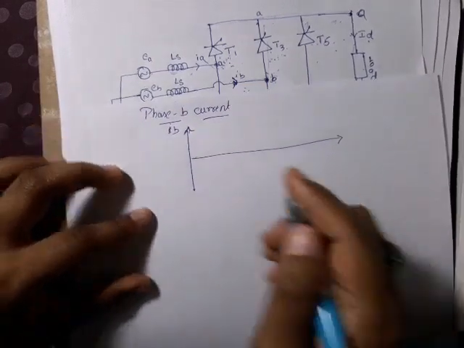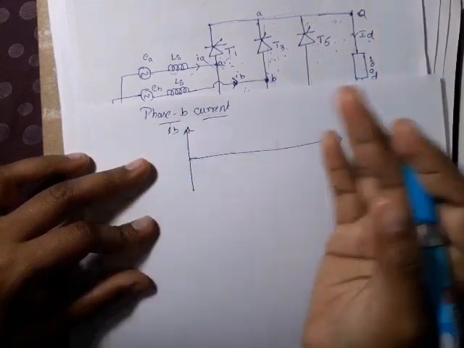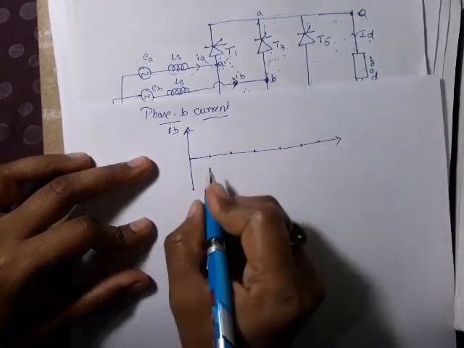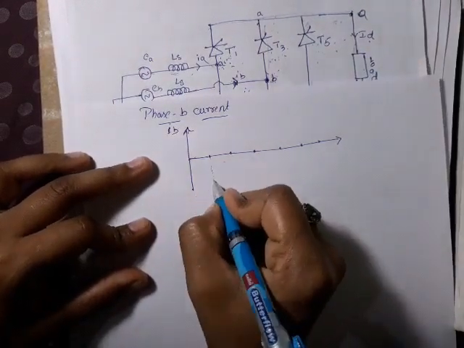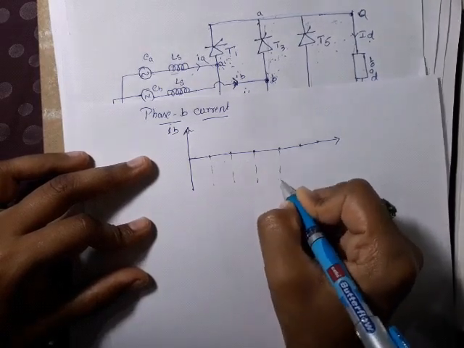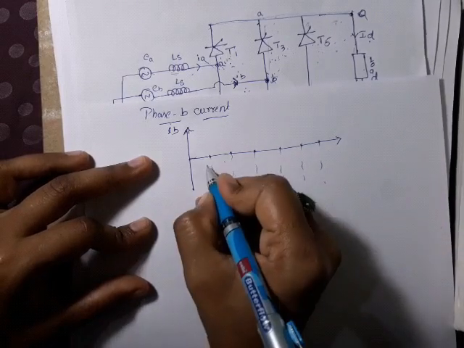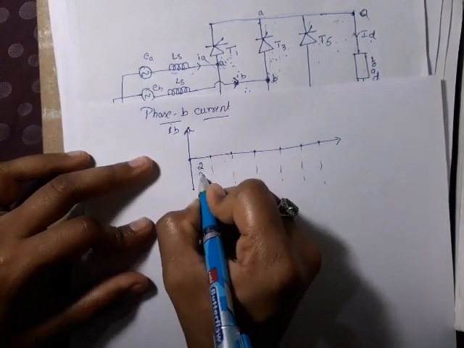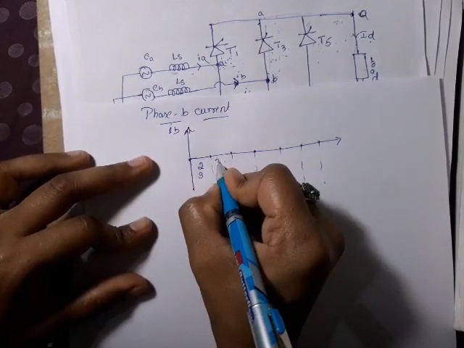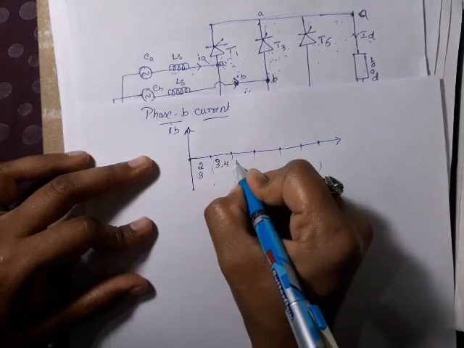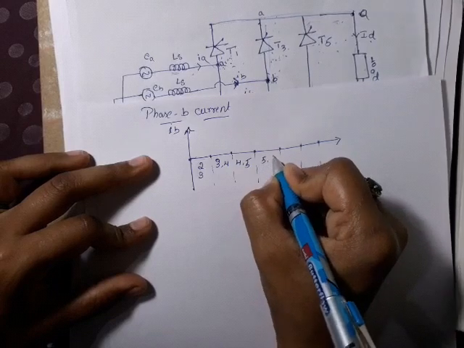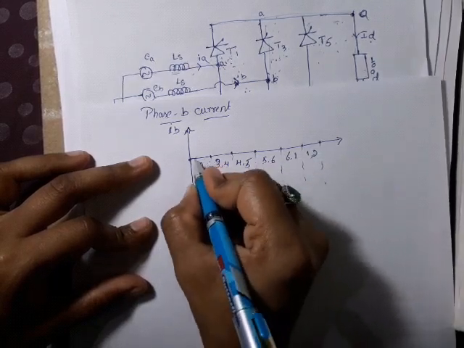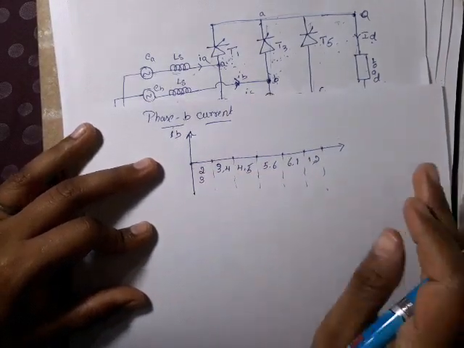If you look at the circuit, this is phase B current IB, and I'll divide it into 6 equal parts of 60 degrees, totally 360 degrees. Yes, 1, 2, 3, 4, 5, 6. Since we have taken valve number 3 for conduction at the beginning, I'll take the same thing. At this point, valve number 3 comes into conduction. So this is 2, 3 conduction. Here it is 3, 4 conduction, 4, 5 conduction, 5, 6 conduction, 6, 1, 1, 2, again back to 3. Totally it is 360 degrees, one full cycle.